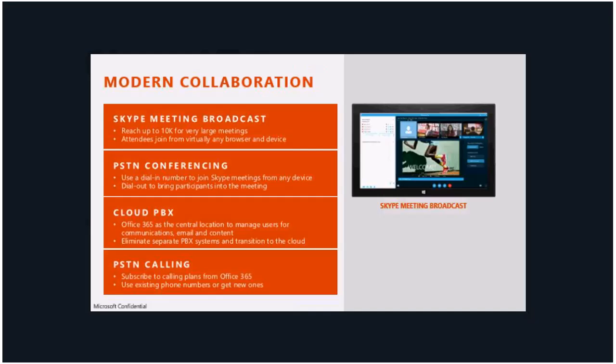So when we think about a typical Skype for Business meeting, theoretically you want between 100 to 200 participants max in a typical Skype for Business call, right? Beyond that, the resources start to get constrained on the server, and that call might suffer some quality issues. Well, sometimes companies need a larger broadcast, either out to customers or internal, and that's where Skype Meeting Broadcast comes in, where you can reach up to 10,000 people in a single large meeting. It's using Azure services on the back end